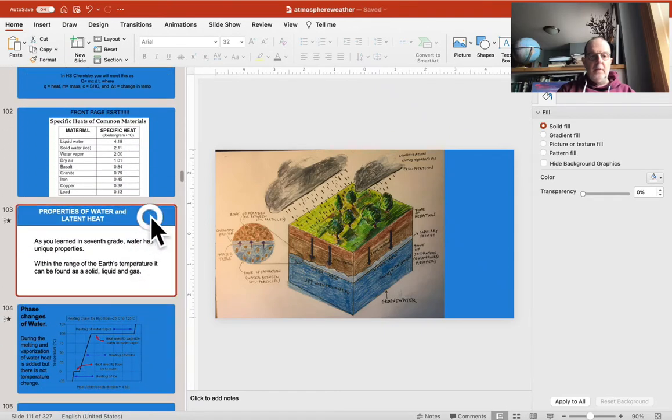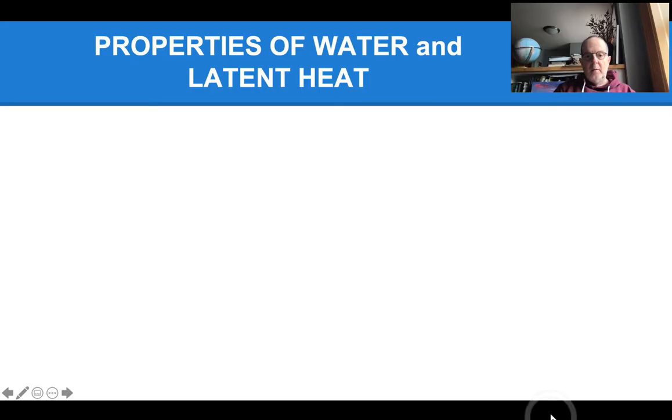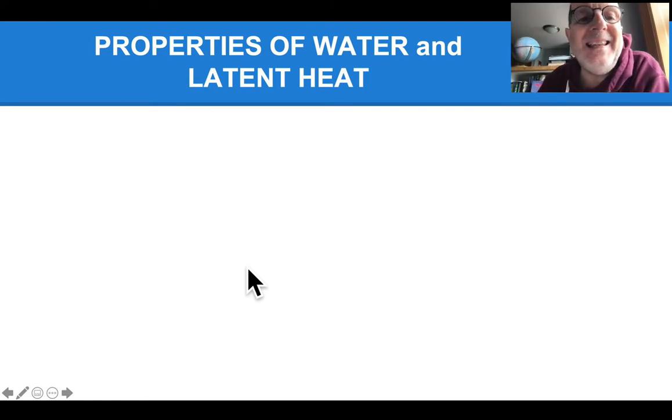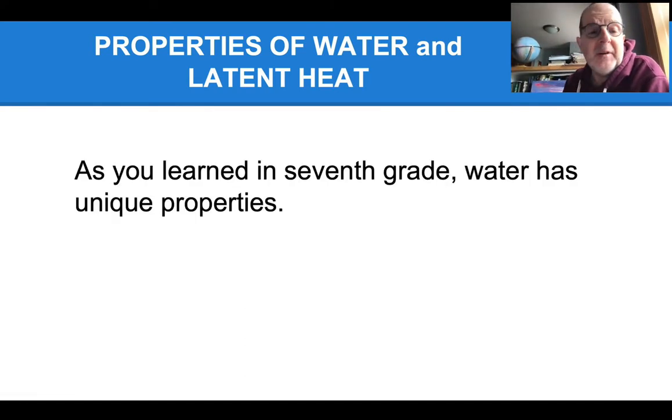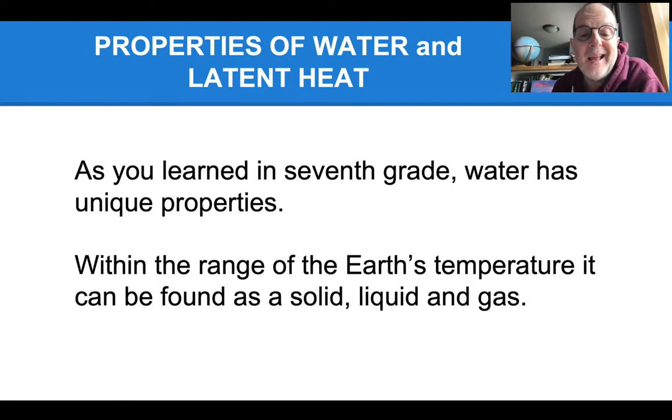So we will continue with properties of water and latent heat. Properties of water you're probably familiar with. As you learned in 7th grade, water has unique properties, and the most important of which in Earth system science is probably the fact that it is found within the range of Earth's temperatures, high and low, as a solid: ice, snow; liquid, the ocean and lakes and rivers and streams; and gas, the vapor that's in the atmosphere and